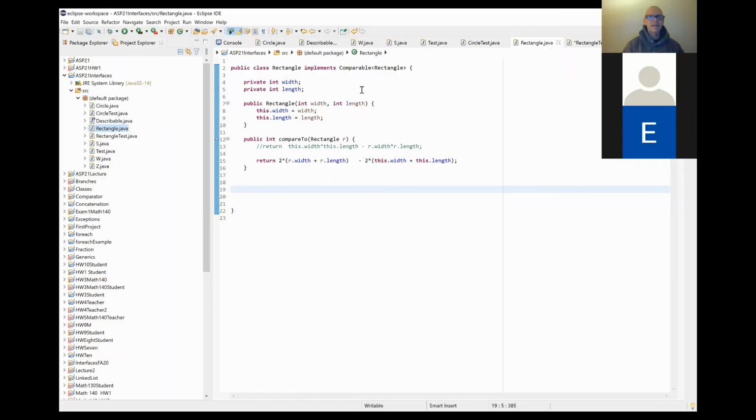So here, let me just share this one more time. Do you see how in Rectangle, on line 2, you see public class Rectangle implements Comparable? Because it's implementing Comparable, we must write a compareTo